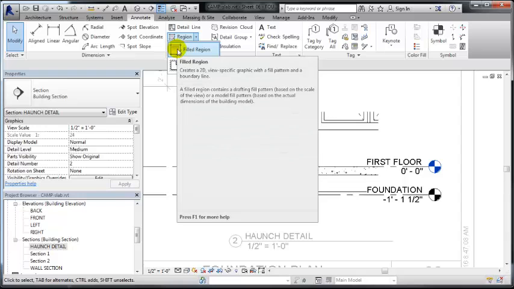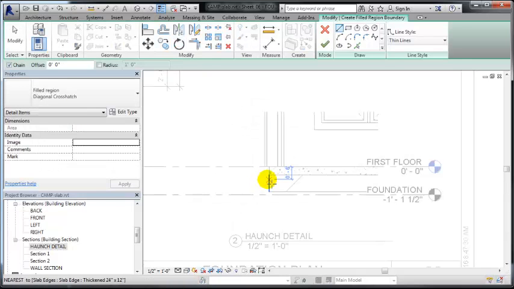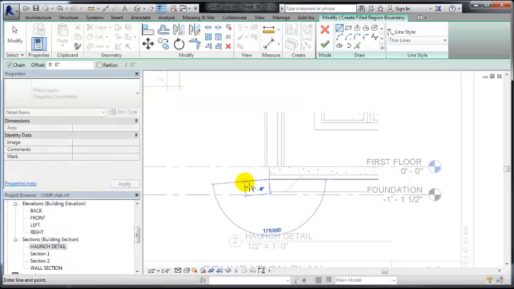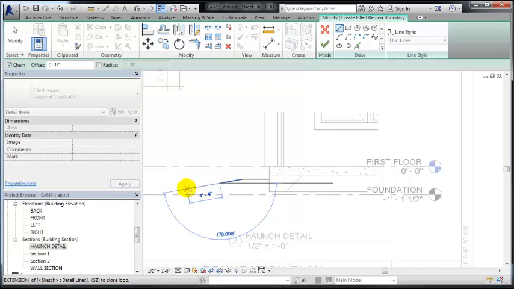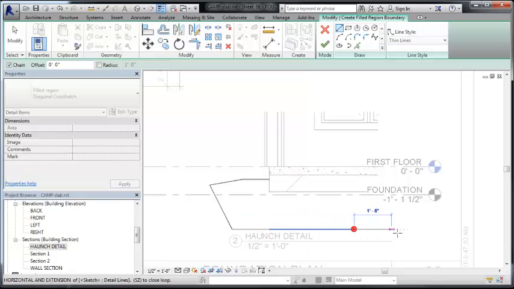So this filled region is going to end up being the clean fill that we end up creating for space underneath the slab. So I'm just going to kind of eyeball that, and I'm going to extend that past where the crop region is, and then bring that right up underneath the slab, and then follow the underside here of the haunch and basically